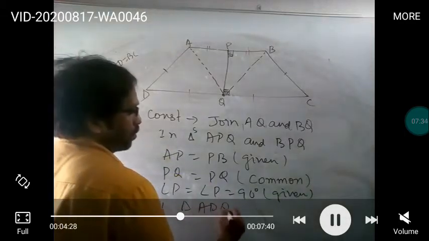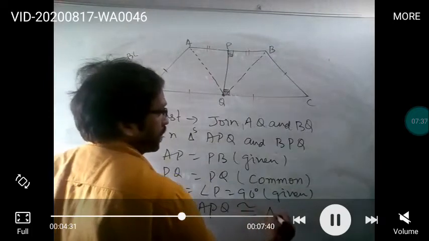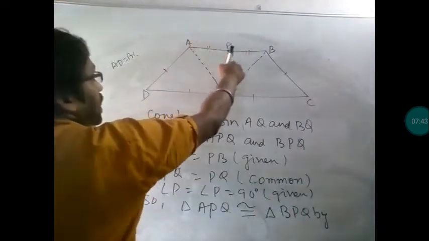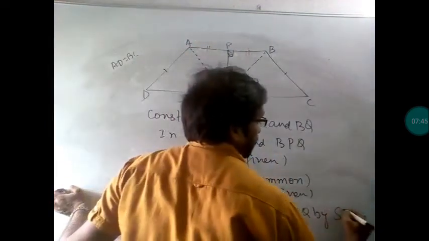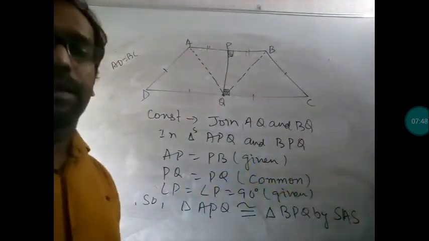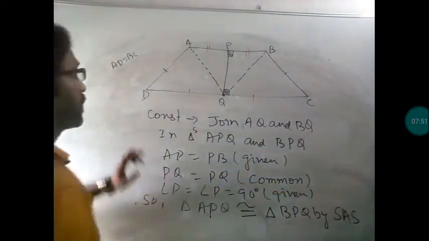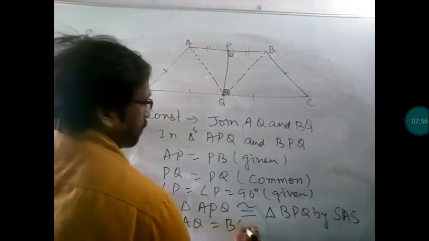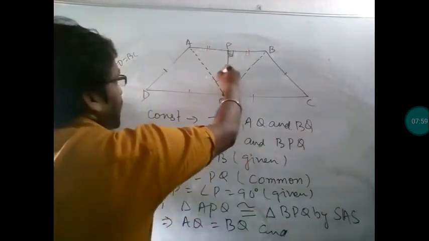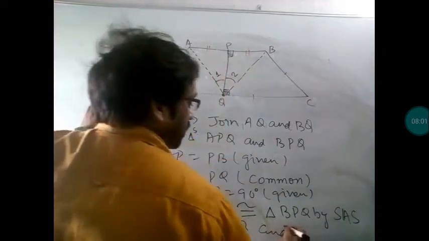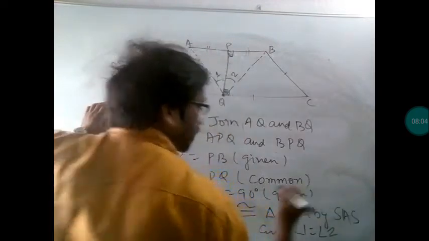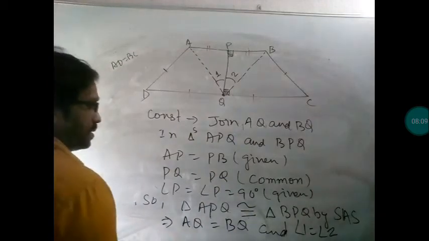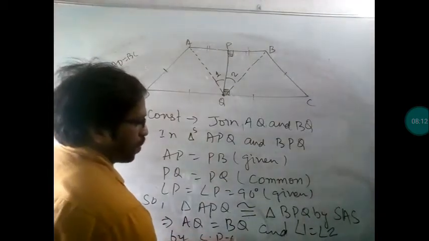Now you will say, what is the use of proving AQ is equal to BQ? It will come in front of you. Now we have to prove AD is equal to BC. For that I need some relationships in triangles ADQ and BQC, then only it can be proved. So these two triangles help us find AQ is equal to BQ and angle 1 is equal to angle 2, by the CPCT rule.